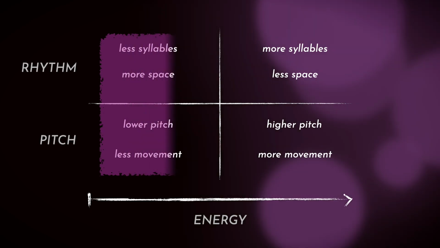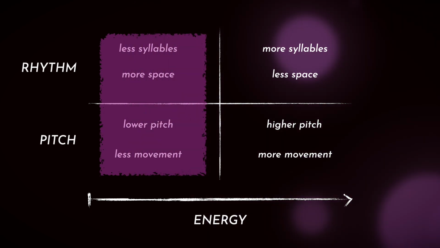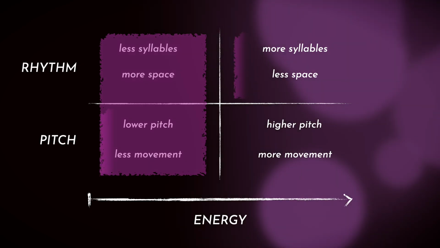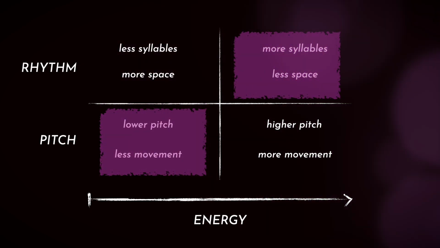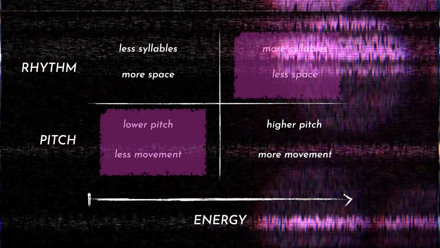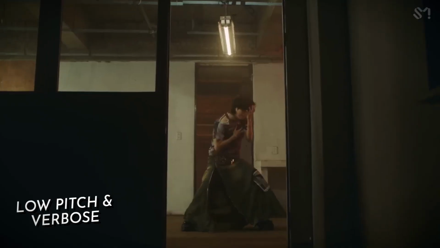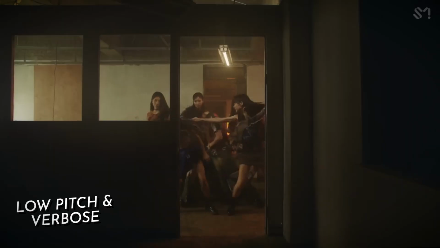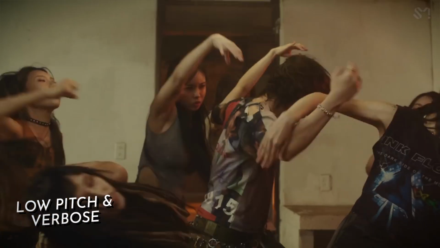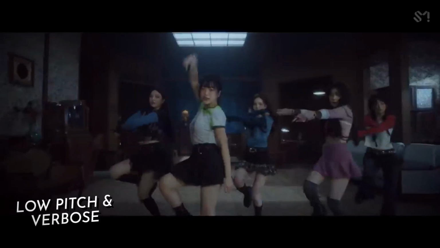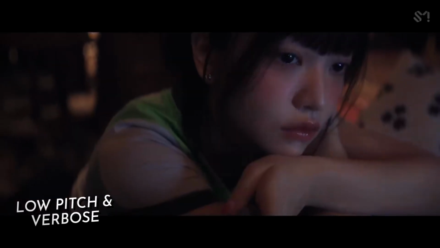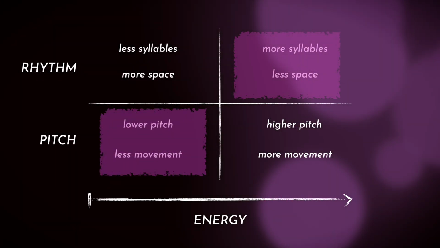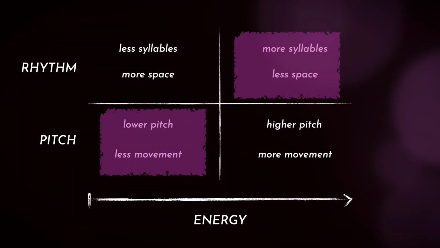In verse 1a, we could pick a low energy melody by choosing both pitch and rhythm with low energy. However, verse 2 is a great place to mix these up. We could have a low in pitch but verbose top line. In fact, a lot of second verses in K-pop are rap heavy for this exact reason.